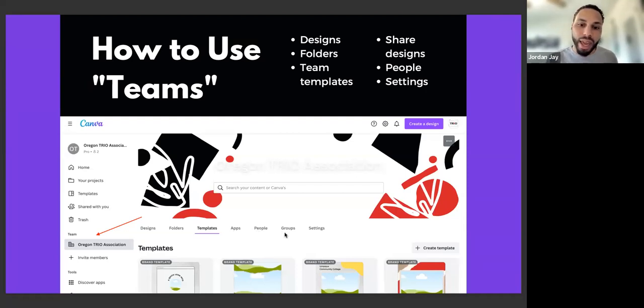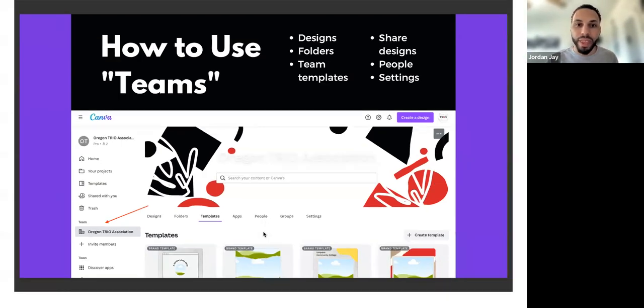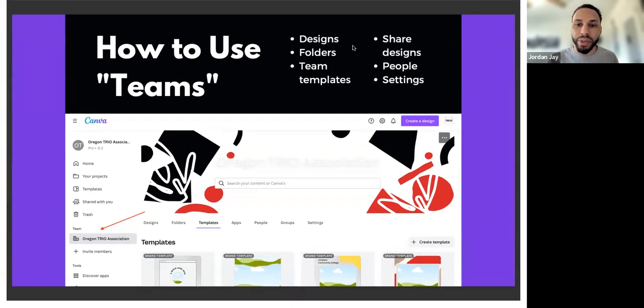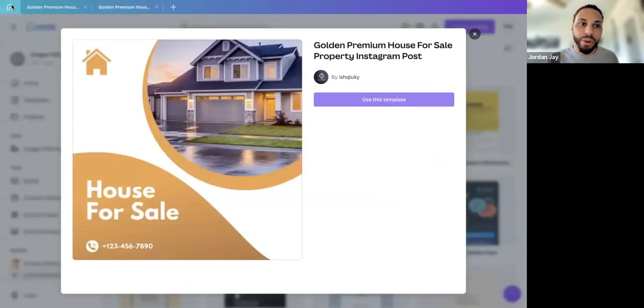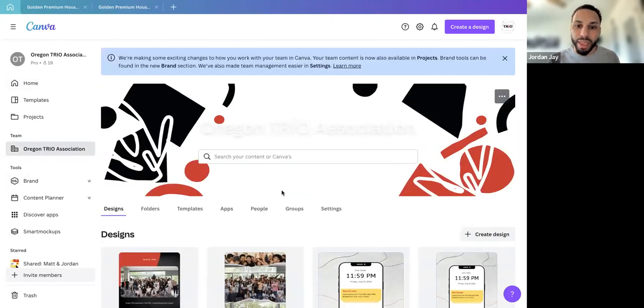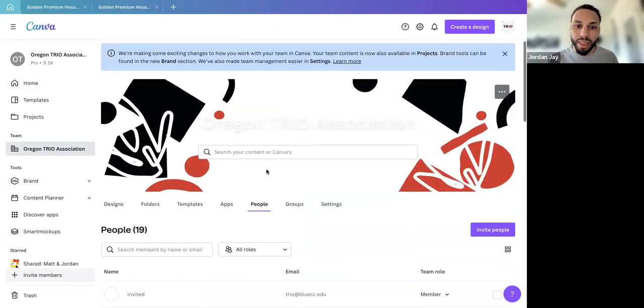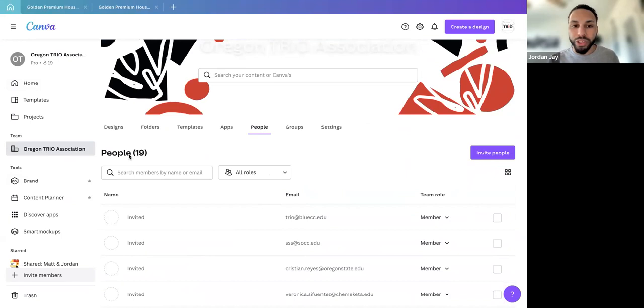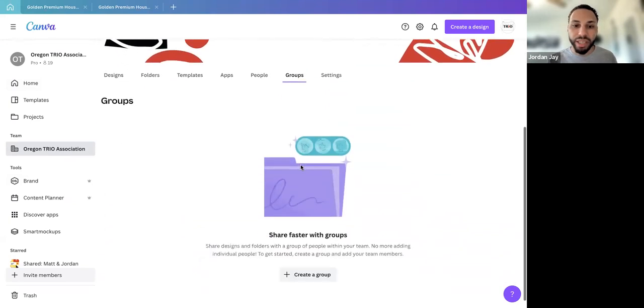People and groups is where you can see who you have on your team. So it'll show the 19 members, who's invited, their roles. You can make adjustments there to their permissions.